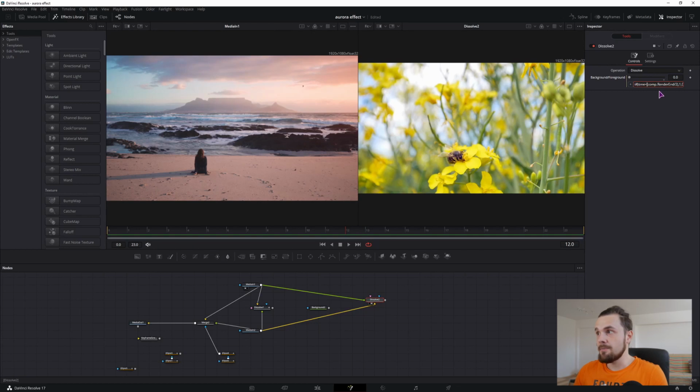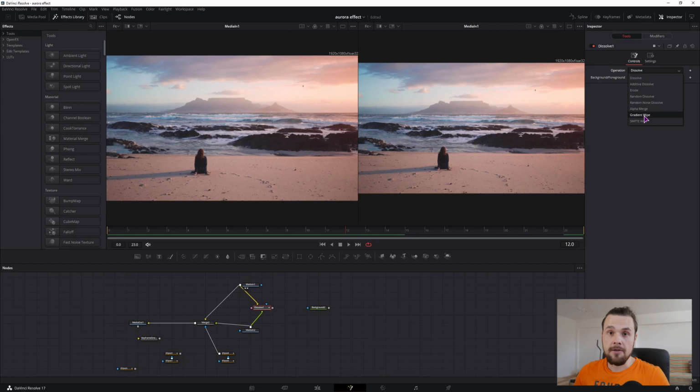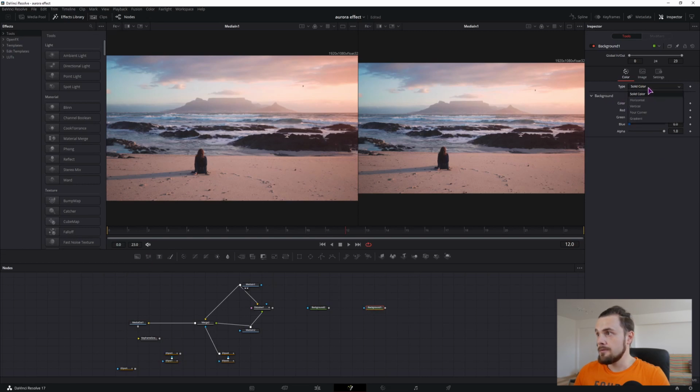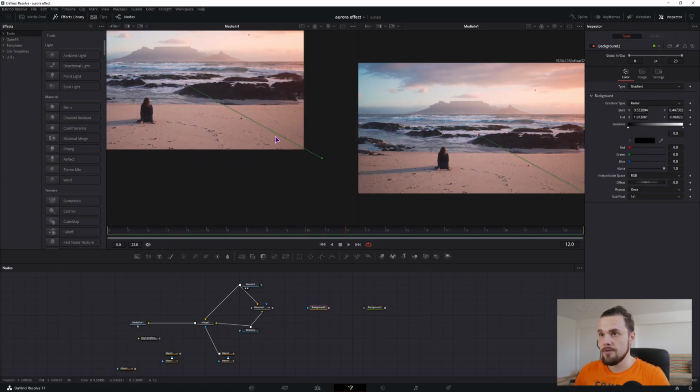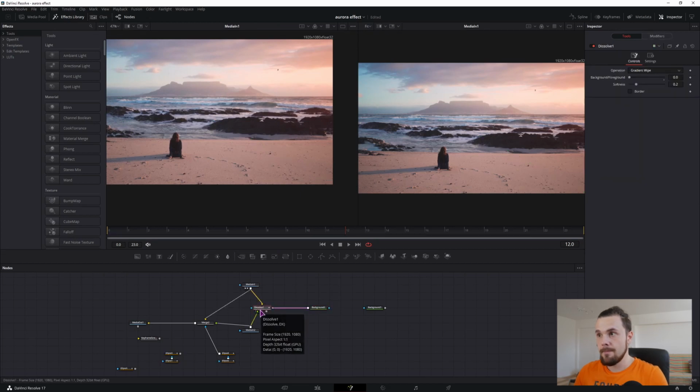Now you could also change the expression up a bit if you wanted to, but you can also just switch the inputs. What's also cool about dissolve is that you have different operations. So you can use a gradient wipe, for example, and you then have to make a background right here, change the type to gradient, and you can use anything you like, or you can also use radial angle. This one is set to radial from middle out, and you connect it like so.